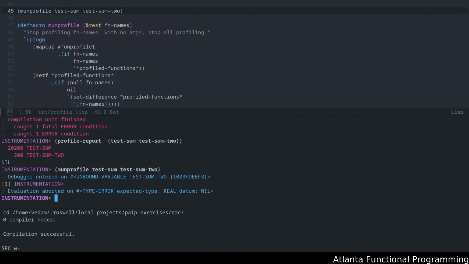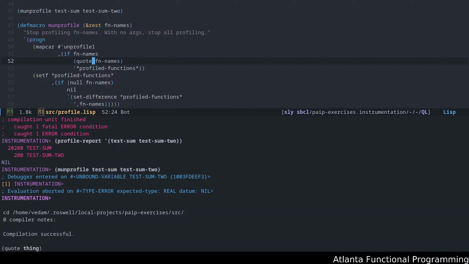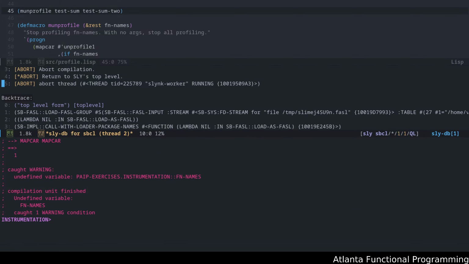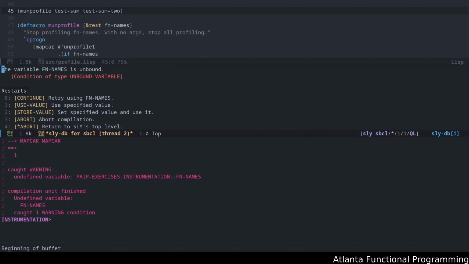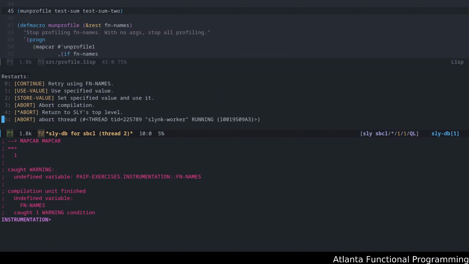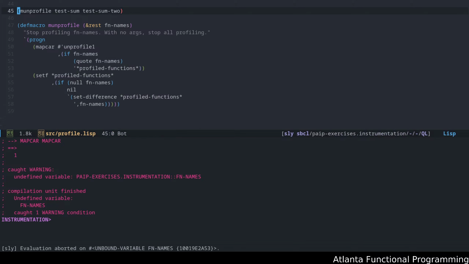Okay, hold on. Simple solution. Quote. Okay. Instead of using, oh, dang it. Okay, and we're back to that. Okay. I need to debug this for a little bit just to figure out why this macro isn't doing what I expected it to. And it looks like we're over time.